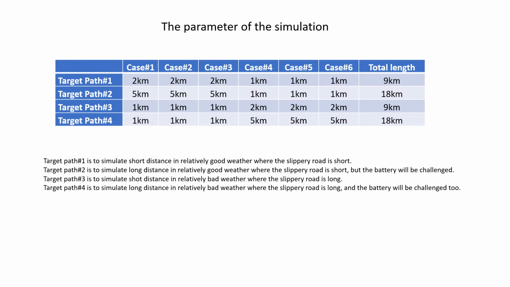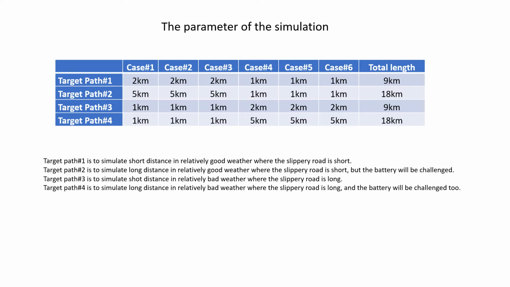Next, I will talk about the results of simulations. I code the algorithm in MATLAB using fmincon to solve the nonlinear problem. 4 target paths are designed to test the algorithm. The 4 paths are a combination of relatively long and short total distance and relatively more and less slippery